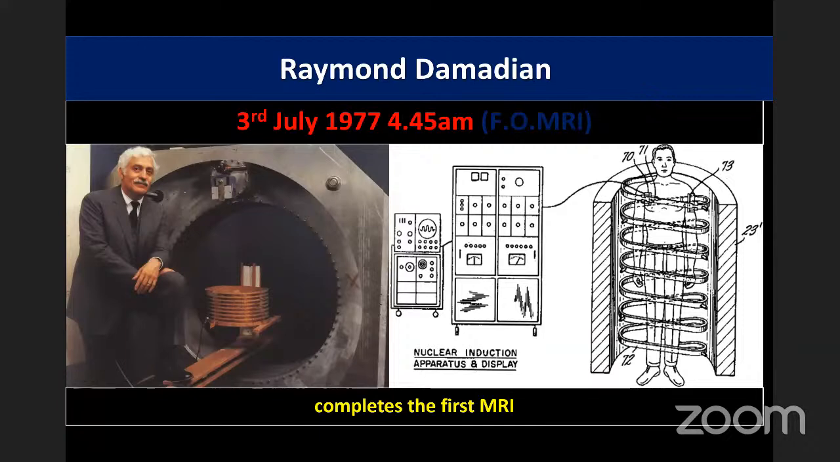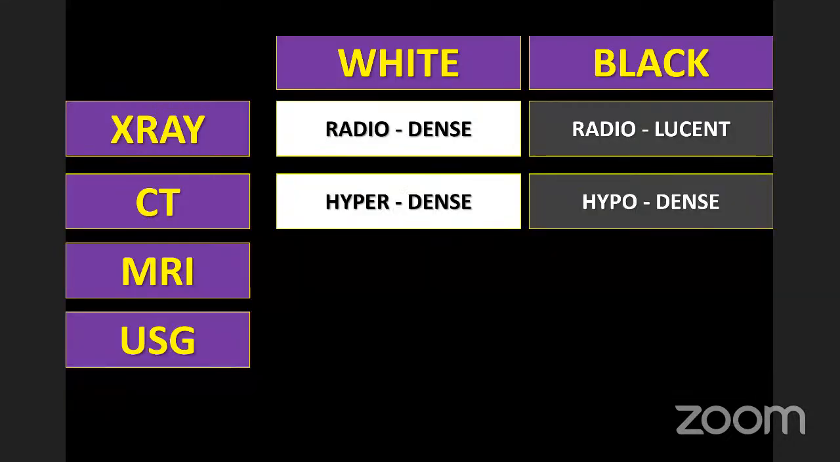Okay, and we know that in X-ray we use radio-opaque and radiolucent, or radiodense and radiolucent. CT: hyperdense and hypodense. MRI again: hyperintense and hypointense, and ultrasound we use hypo- and hyperechoic. Okay, and then we know that the electromagnetic radiation includes